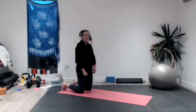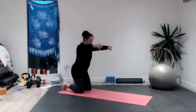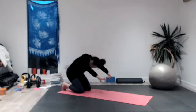Well done. Give it a shake off. We're going to come back down again. So internally rotate these hands. As we inhale, we're going to sit back towards our sit bones, keeping a nice neutral spine. And then during our apnea, we are going to sit back, curl our neck, curl our thoracic, curl our lumbar,